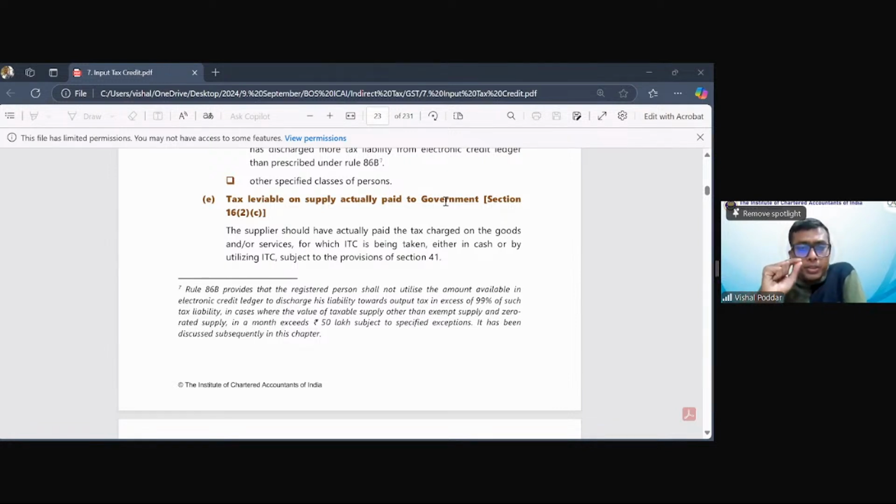Now, this condition is there right from day one. However, this condition got a lot of criticism. Why? Because let us say I'm making purchases from, who's this new student? Rahul. So let us say I'm making purchases from Rahul. Now, I have paid the amount to Rahul, the value, the tax, everything. But Rahul does not pay it to the government. How am I at fault? Correct?